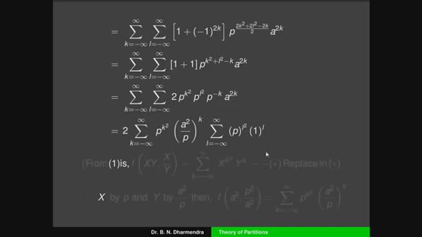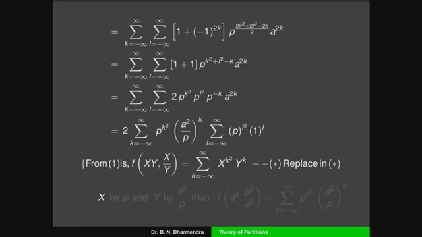But we know today's first result, f of x, y. You can observe here today's first result, f of x, y comma x by y, is equal to summation k running from minus infinity to plus infinity, x to the power of k square into y to the power of k. That's why we have to write here the term 1 to the power of l. So we can easily predict the values using this result. In the first series the value of x is p and the value of y is a square by p. Similarly, in the second series, x is equal to p and y is equal to 1. You can compare these results.